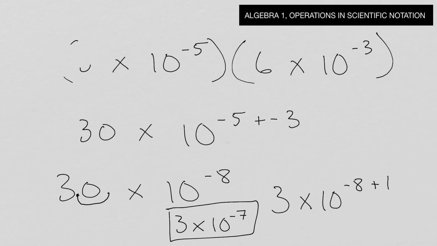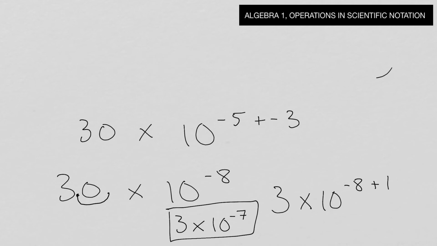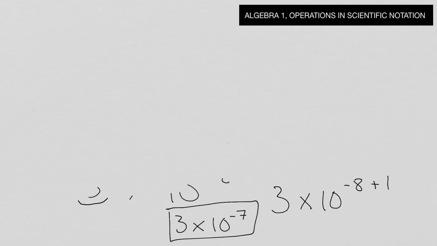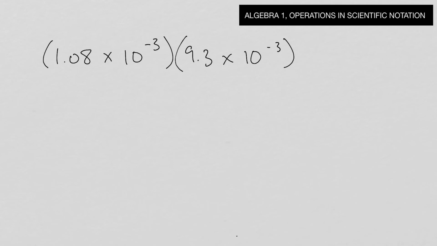Alright, now let's go over some of the problems that I posted earlier, some of what you'd probably consider more difficult problems. Okay, here's the first one here. We have 1.08 times 10 to the negative 3rd times 9.3 times 10 to the negative 3rd. Remember, first thing we're going to do is take these numbers here and multiply them together. So we have 1.08 times